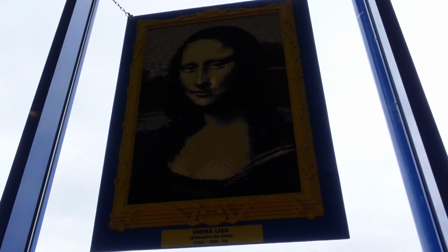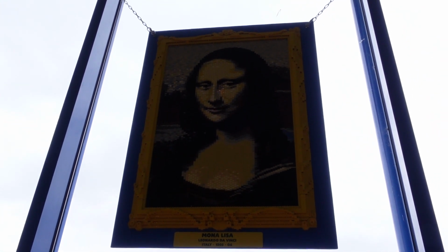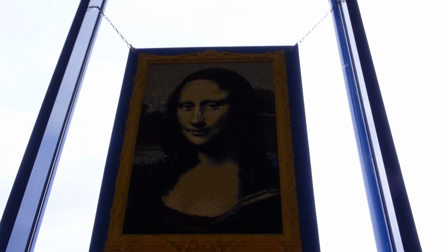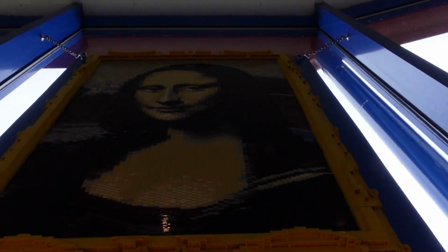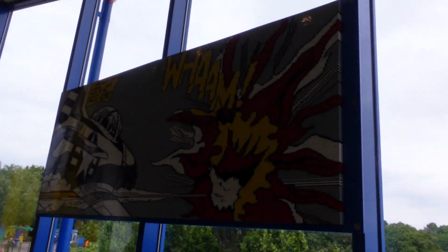But I know there's a lot of challenges currently going on on social media with regards to studs and bricks. So you can see that they've even built the frame. Hopefully it'll pick up. And you've got this enormous